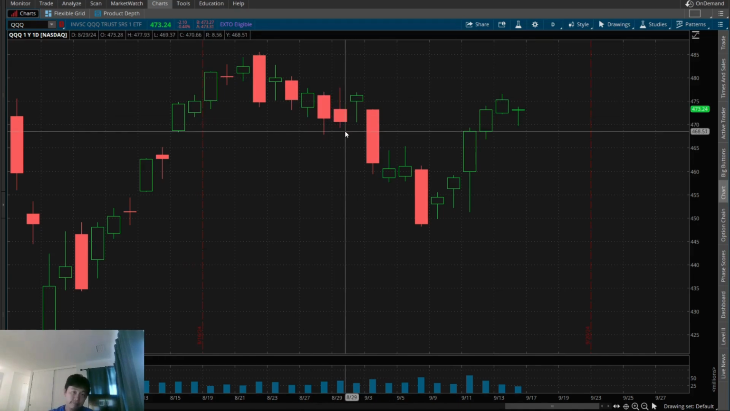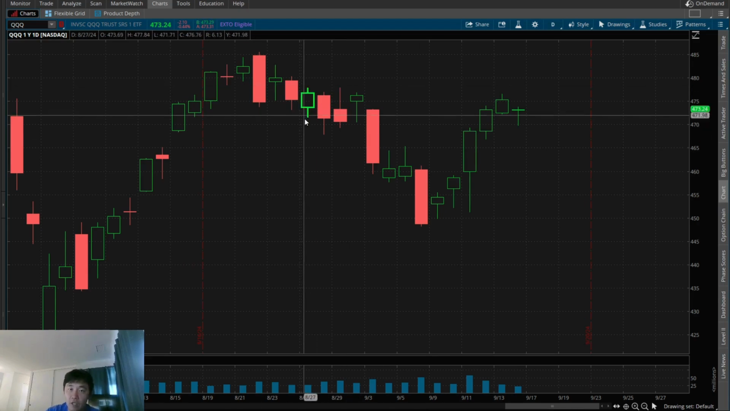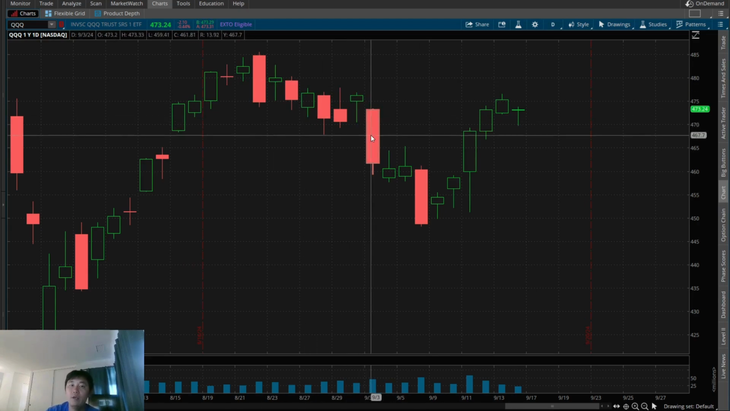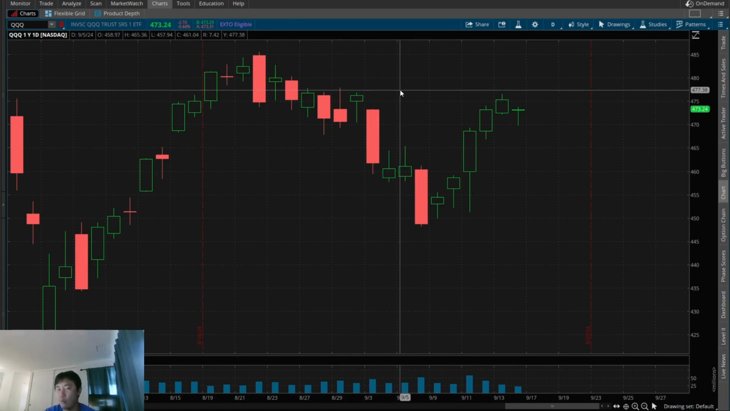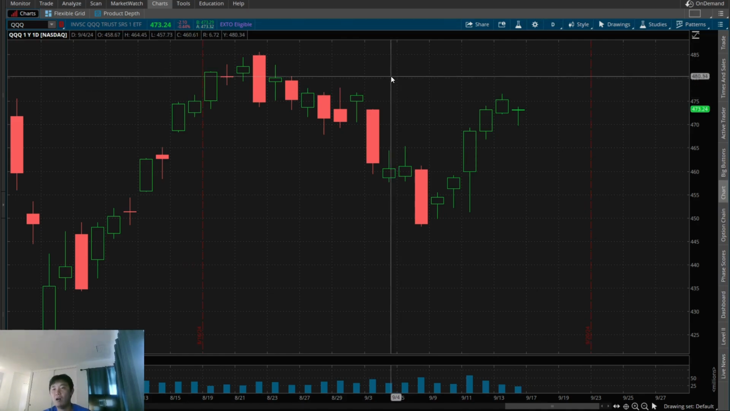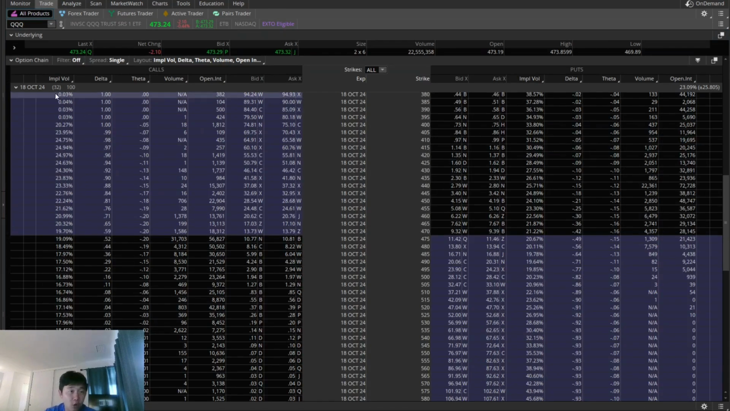So when you break out of a consolidation like this, what you can do is sell against the top of the consolidation, and don't sell right at the top of the consolidation, because you'll be taking a lot of heat even if you're right. Maybe sell a little bit on top of that. So on that day,